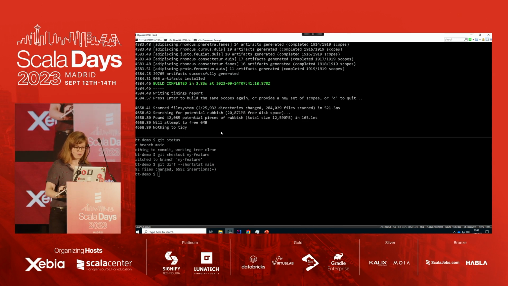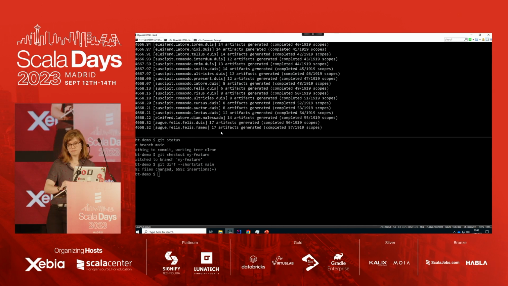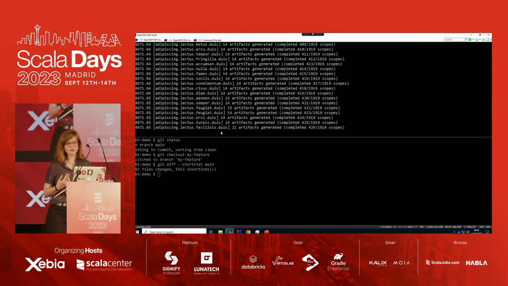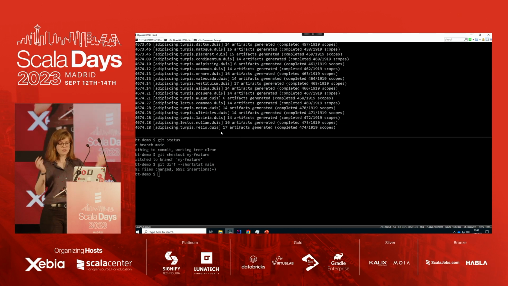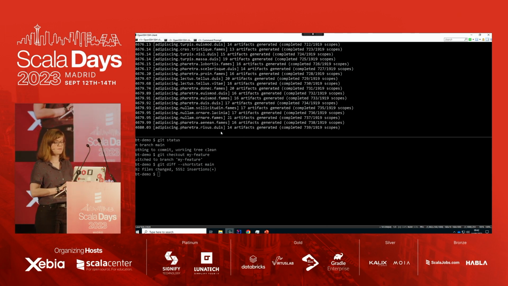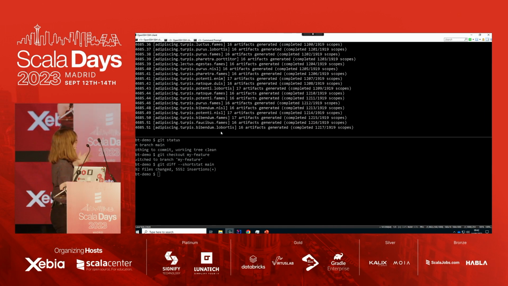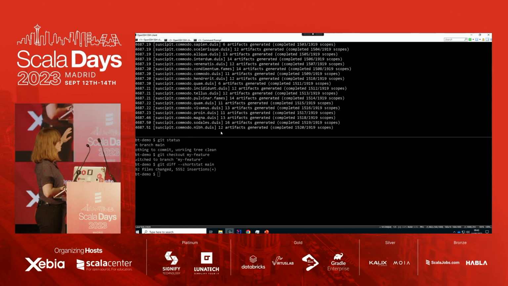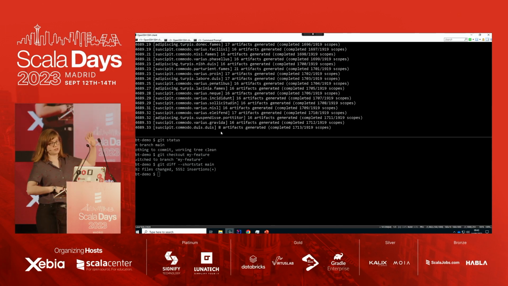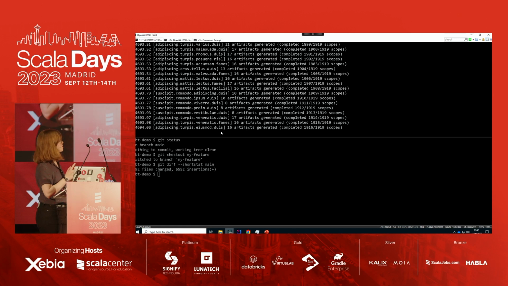So we've done our cleanup. We're scanning the file system for changes. And we're going to start hashing all of the code and checking the fingerprints again. So for each of these nearly 2,000 scopes, most of them are unchanged. That's why it's going pretty fast. But we did make our changes. So in each case we're hashing, we're going to detect any changes, we're going to extract the signatures of that code, and then generate the classes. And we've gotten right here near the end.